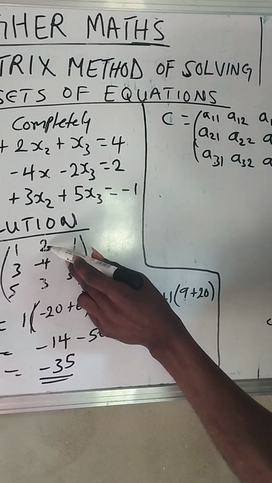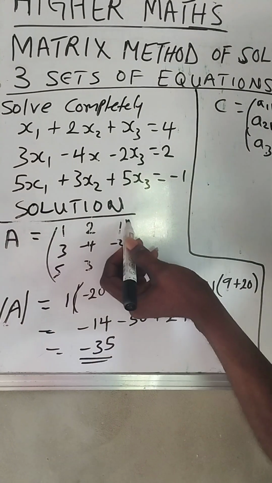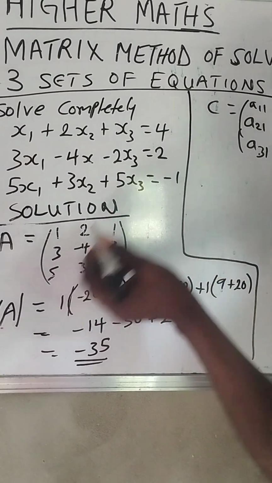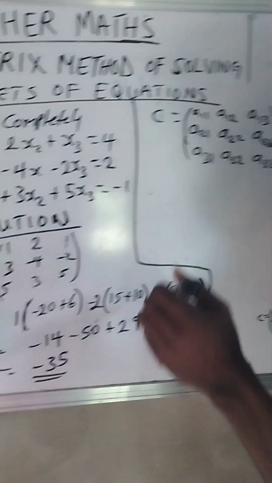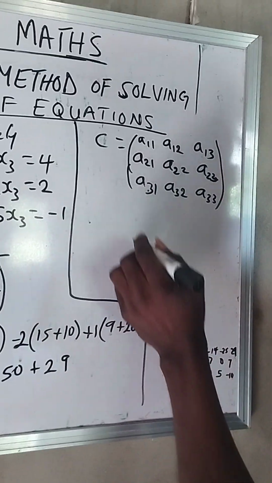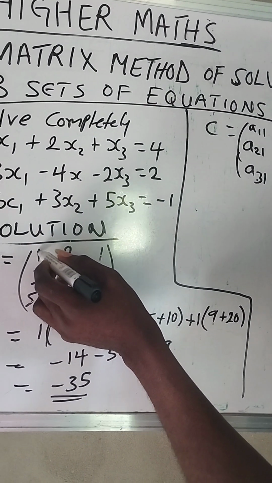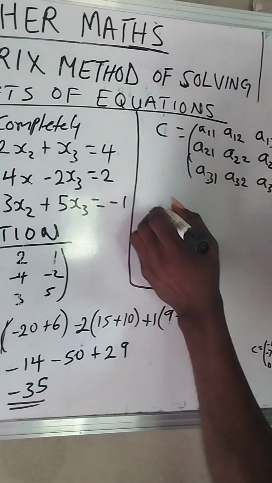A12 is element 2 in this matrix, which is at the first row and second column. That is the meaning of A12. So we are going to get the cofactor using the minor. Now to get the cofactor of element 1, we write it out,